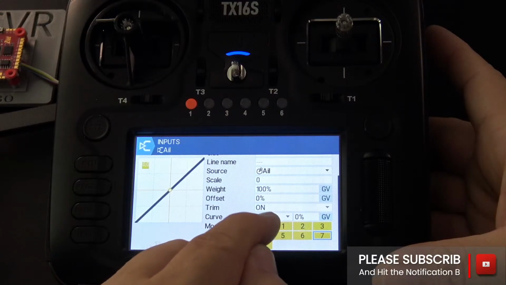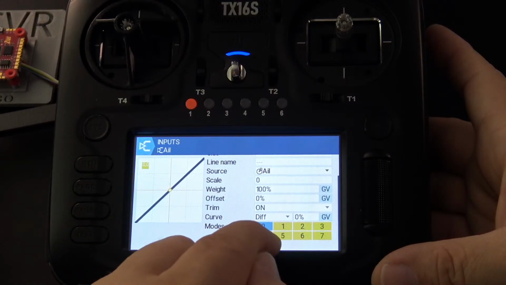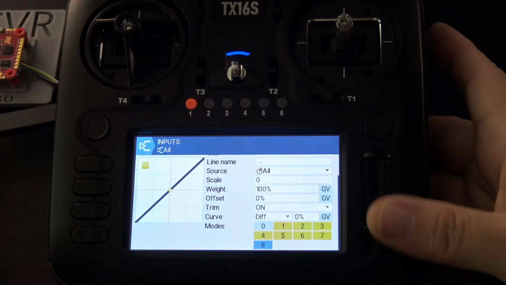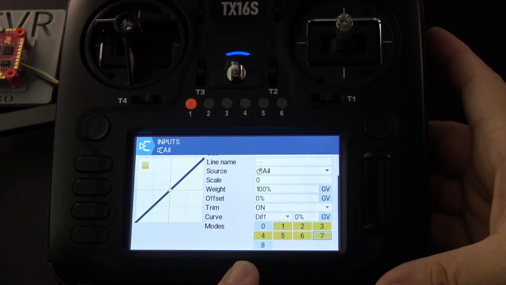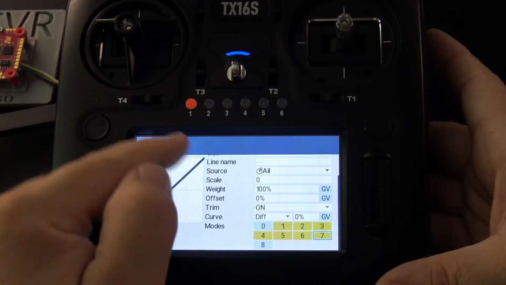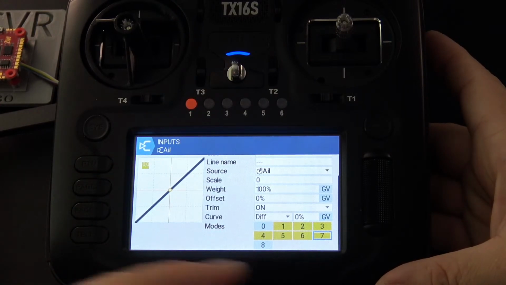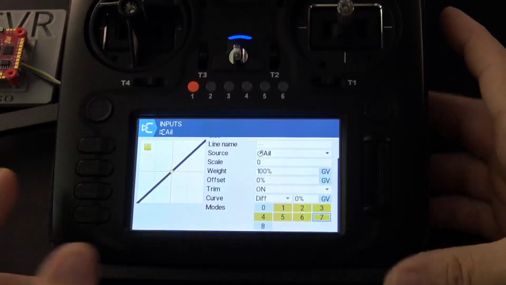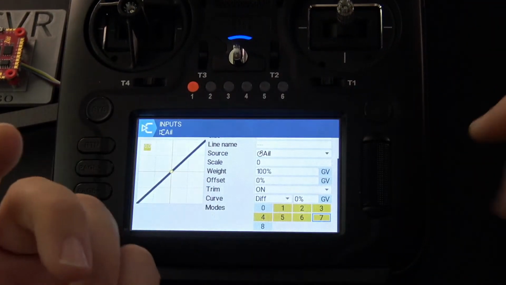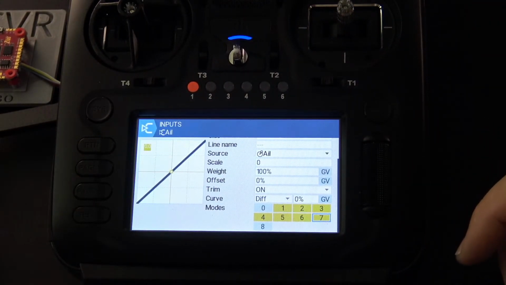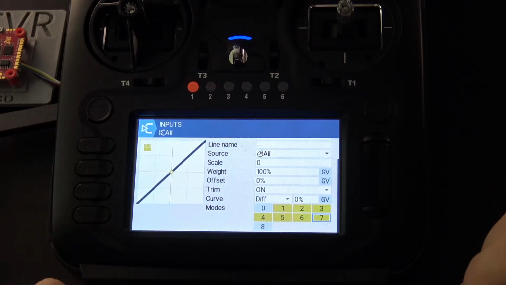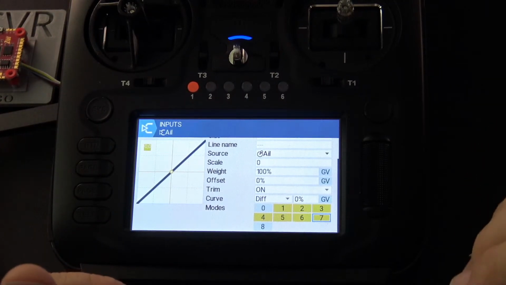If you don't want it in 0 or 8, it's pretty easy to turn that off. And at a glance, you can easily see that this particular input is only valid in flight modes 1, 2, 3, 4, 5, 6, 7. So they're using colors to help with the user experience. You can instantly identify what's active and what's not active.